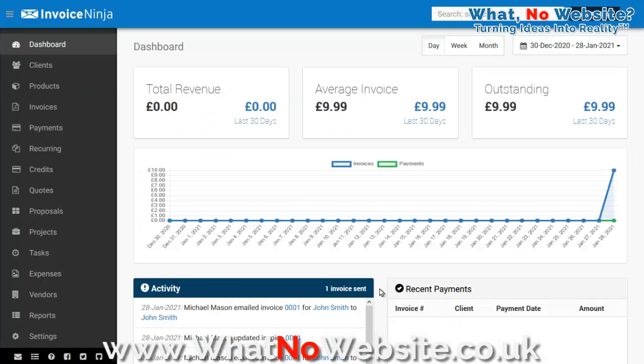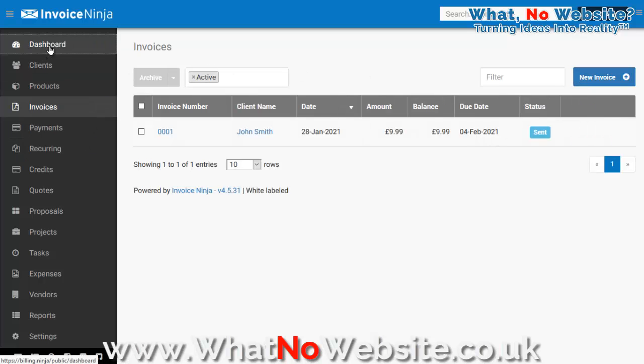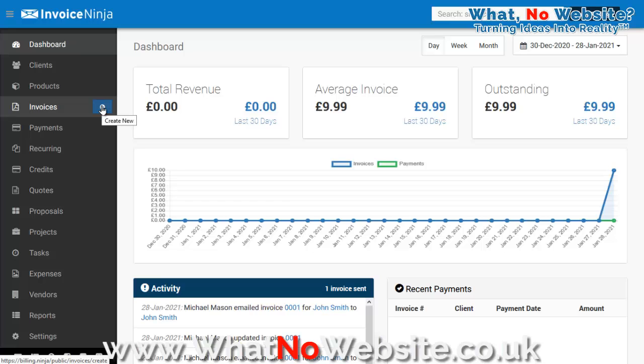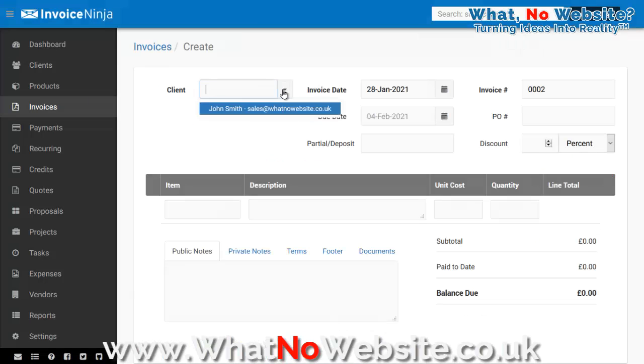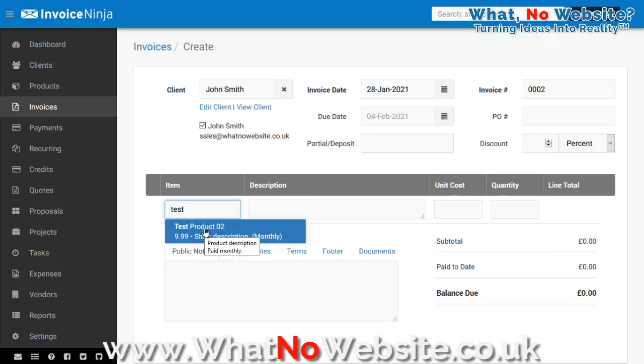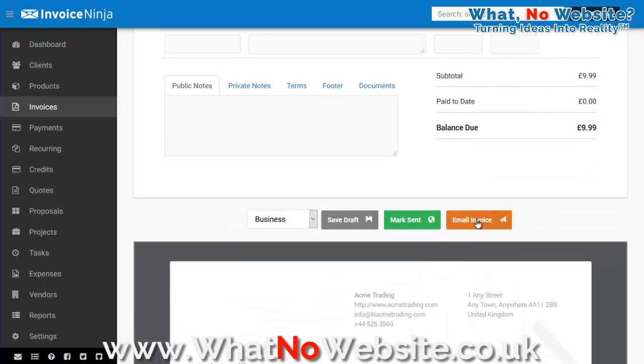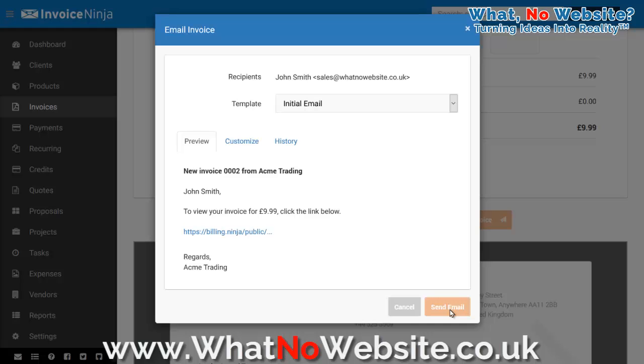And once you've created the products, the next thing that you're likely to want to do is create an invoice. Now you can either click on Invoices and select New Invoice, or straight from the dashboard, just click the plus button next to Invoice and select the client, or you can create a new client if you want. And for the products or services, just click in the box and it presents a drop down box, so you can type in the first few letters of that product. And if I set that now and send invoice or email the invoice to the customer,